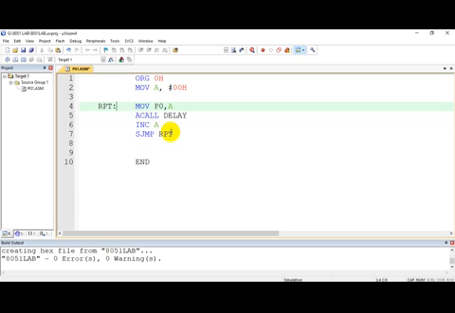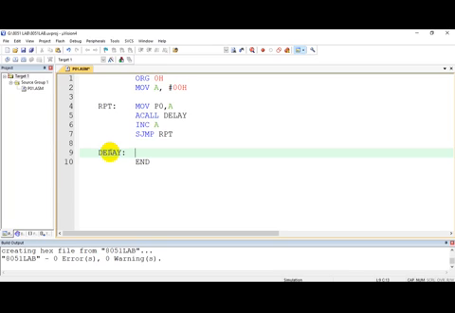Now we have to write the delay program. The delay program is always written between the infinite loop and the end of the program. Since we already have an infinite loop here, you can write the delay here.